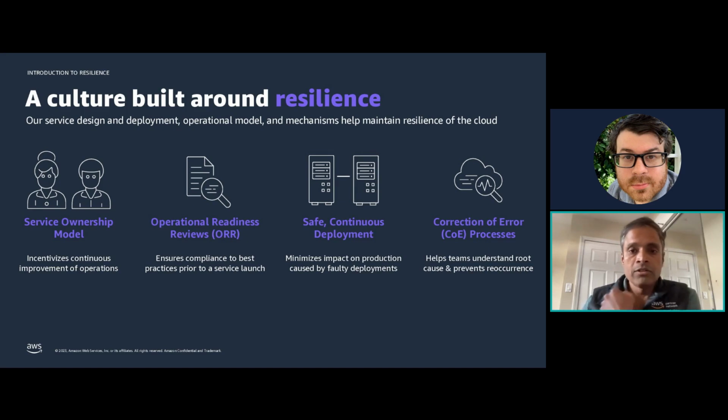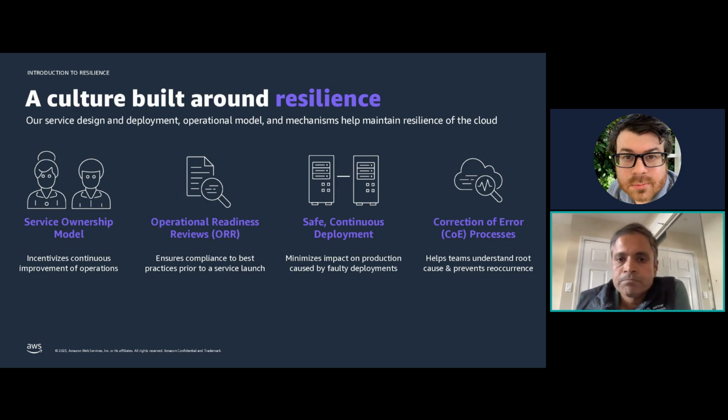Prior to launch, all services are also required to be reviewed by operational readiness using our operational readiness review process. The launch teams answer a set of questions around resilience along with other best practices. They use a standardized runbook to ensure their service meets the bar. After the service has been deployed, there are weekly operational meetings to inspect operational performance of the system as well